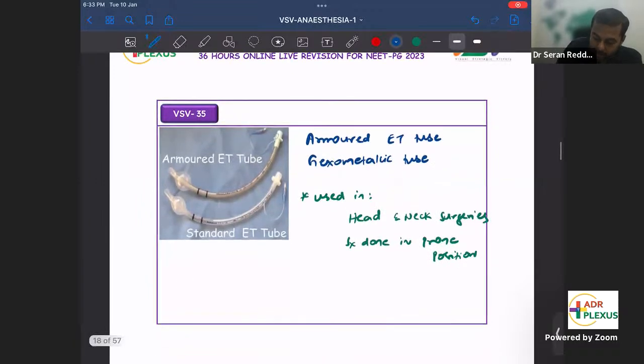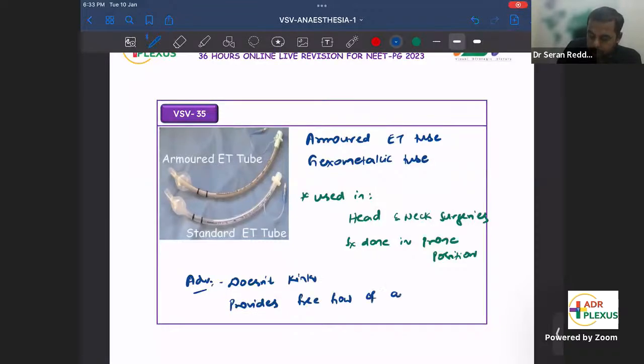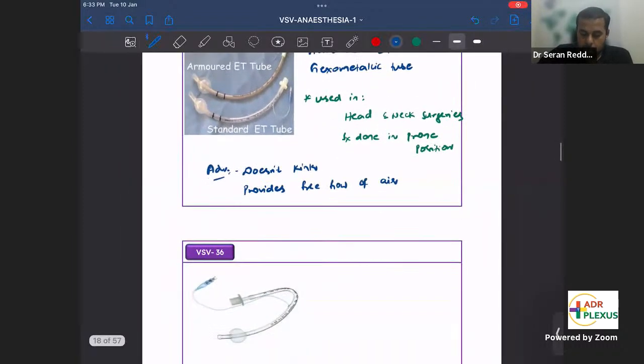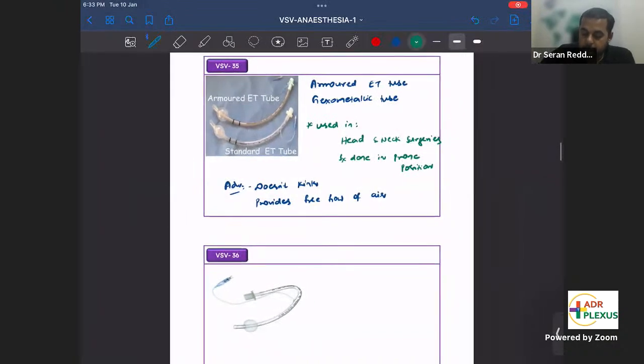What is the advantage? It doesn't kink. Provides free flow of air. Then this is another very, very important and potential